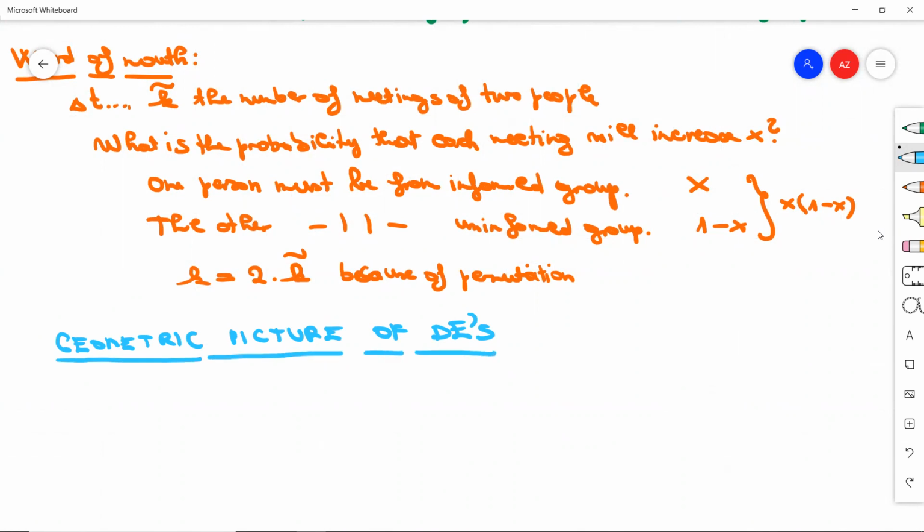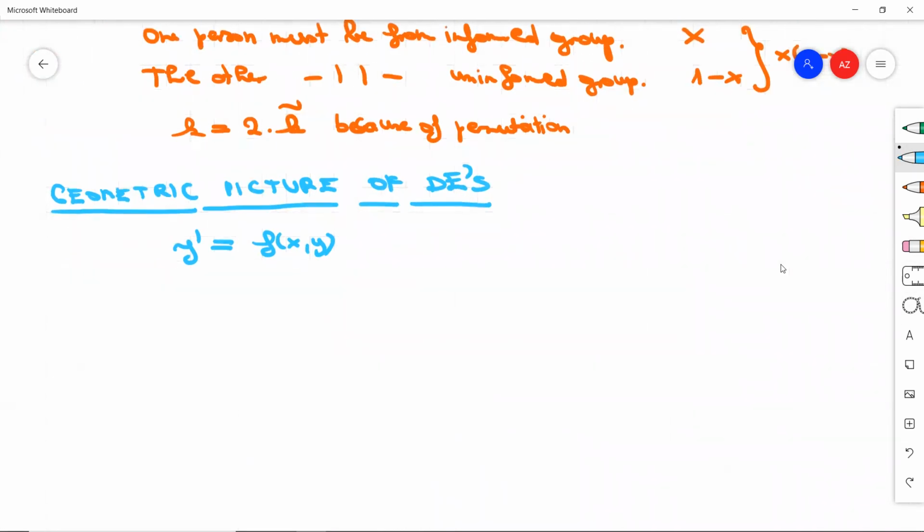We have y prime is equal to f of x, y. This means that in every specific point of our plane, we know the first derivative of y. So if I draw here an xy plane,